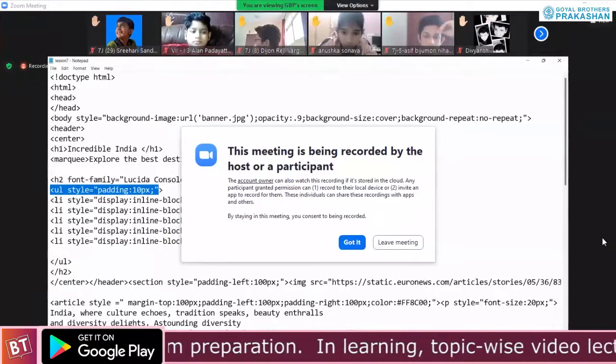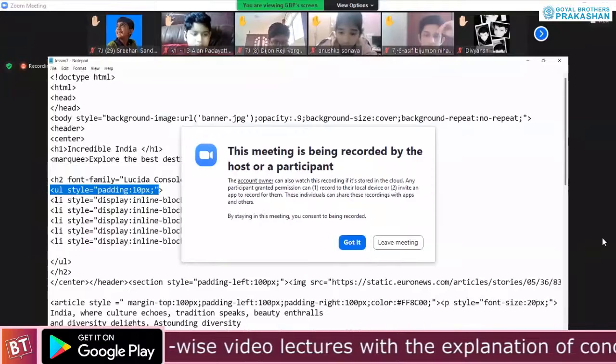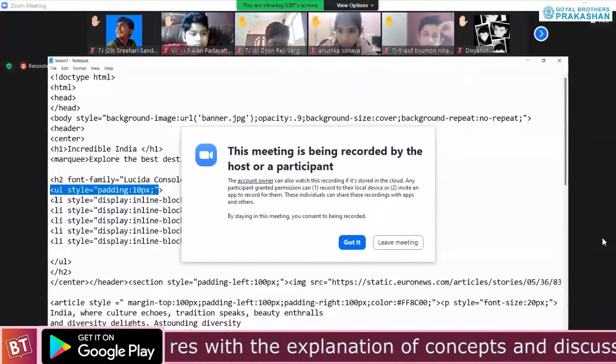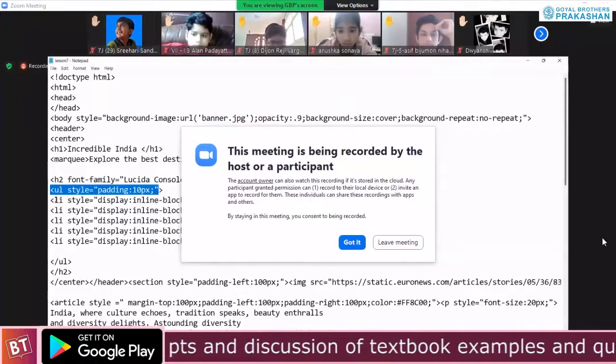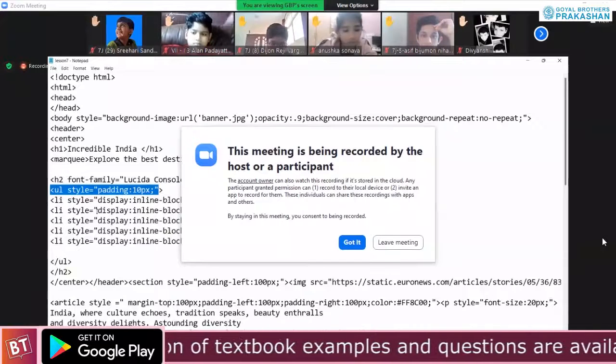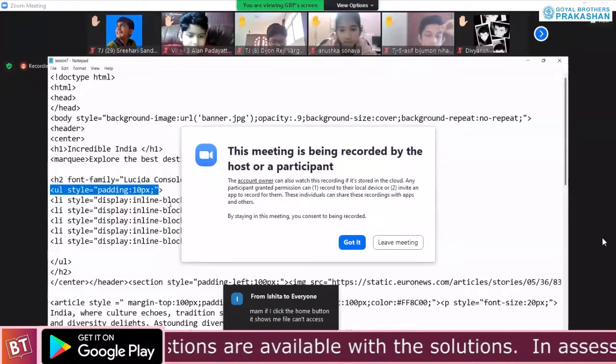And then I am saying list. So हमने ये पहले भी पढ़ा था, this is unordered list, तो इसीलिए हमने UL लिया है. I am not concerned with numbers because मैं उनको order में दे रही हूँ, that's sufficient for me. Now li style is equal to display inline block.